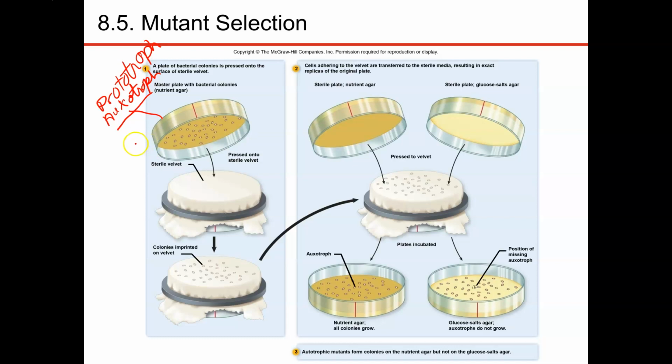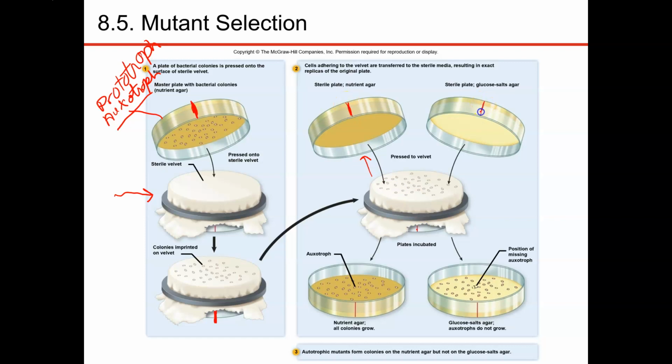So once you have all the cells growing, so you have lots of colonies here, you then take a sterile velvet cloth and you blot that cloth onto the agar. Now, you have to make sure that you keep the cloth in the same position. So like we've marked this is the front of the colony plate. We have this marked here, so we know this is also the front of that colony plate, right? We then take that cloth and we put it onto a sterile nutrient agar with the same mark here, and